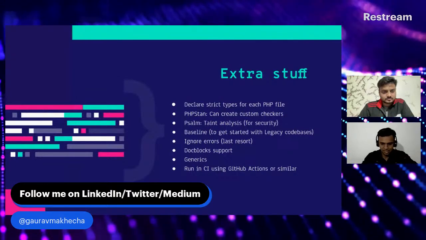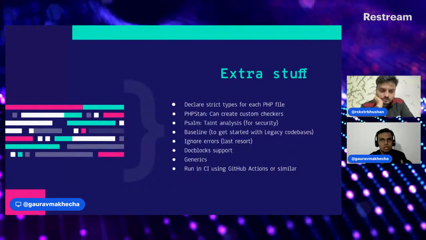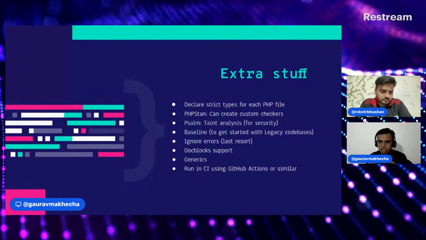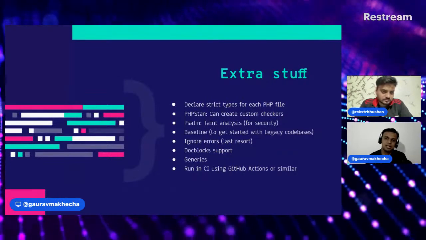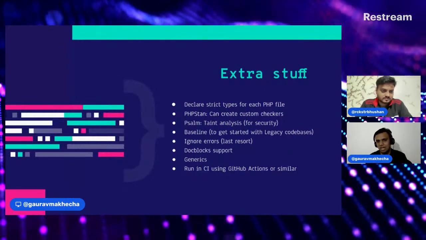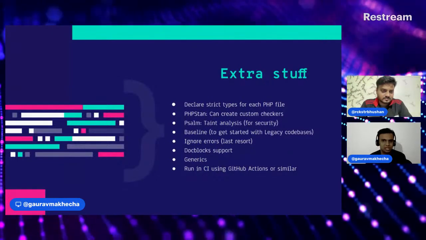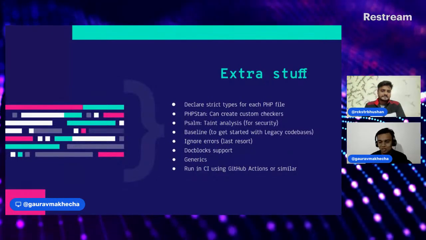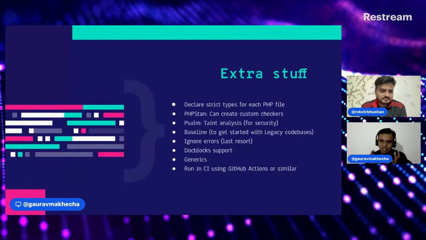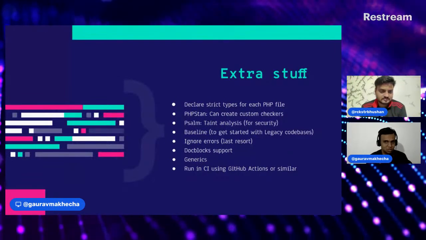Generally, let's say you have a big team and some rules that all the team members should follow for projects. You have to check them manually and do lots of code reviews, but you can create custom checkers and PHPStan will do it for you. So you save a huge amount of time for existing team members as well as new team members, because you don't need to train them accordingly. The errors will tell them that they need to fix it. Just like errors tell them to use PHP the right way, you can create custom rules and they will do it the right way as per your own style.